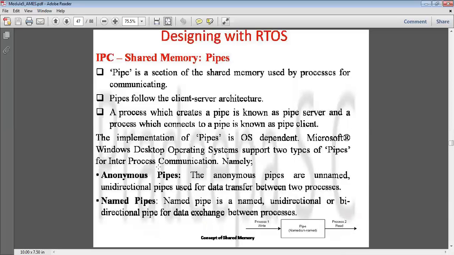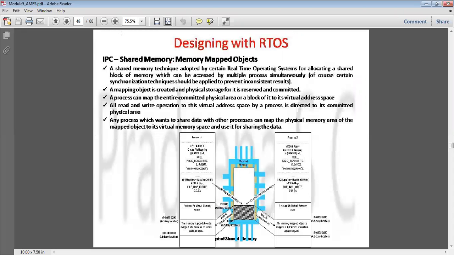Basically, these pipes, as we usually say in the operating system, are nothing but system calls, right? There are certain system calls with the help of which the processes communicate with each other. It is not covered in detail for you. You only need to understand what a pipe is. A pipe is nothing but a connection between two processes where they can share data. It is a system call with the help of which they share the data, right? Then I'll come back to this later.